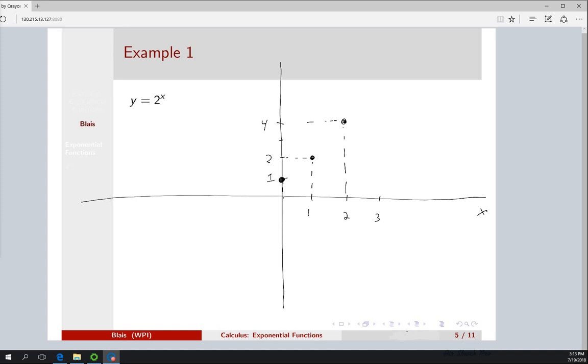Two cubed, we're already off the picture, we're barely there. So 3 cubed is 9. And so we continuously connect these dots. If we go the other way,